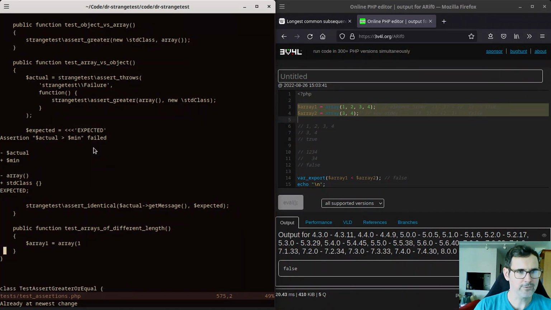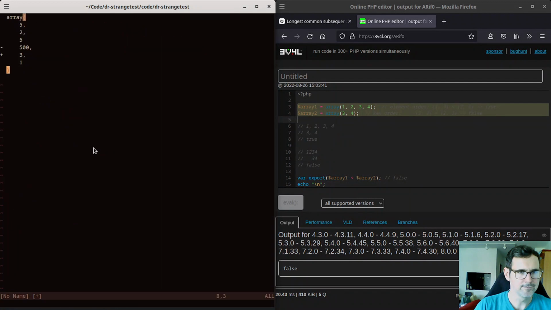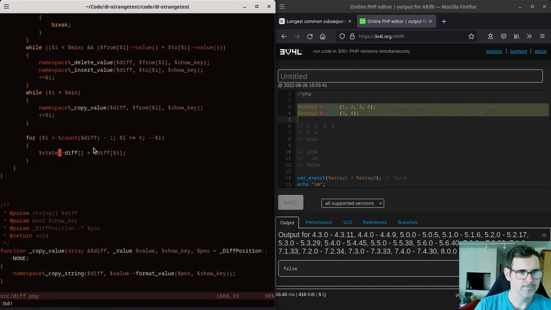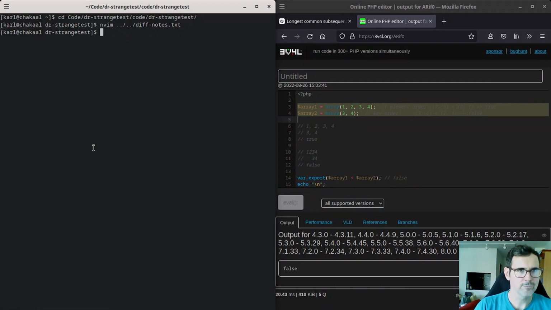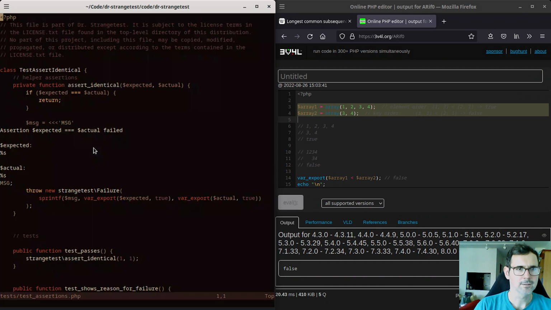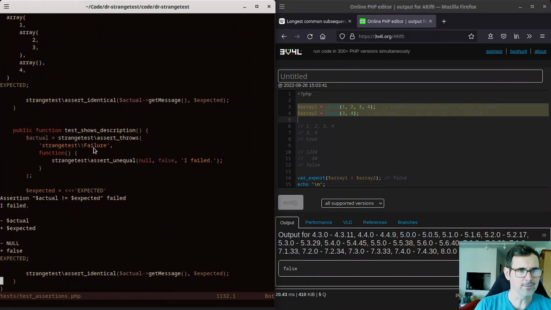Well, trying to paste stuff really screwed up the editor, so I guess we're quitting out of it and opening a new one. Okay, so I don't actually know why that didn't work, but let's just see where my